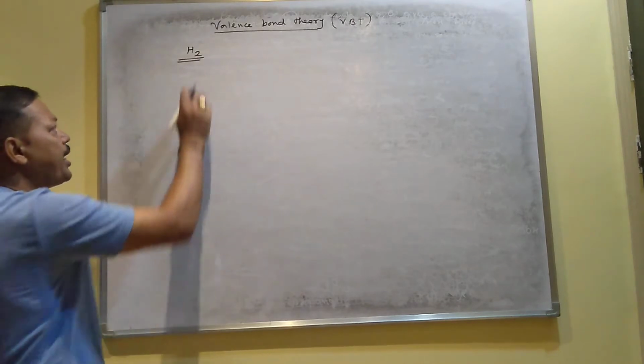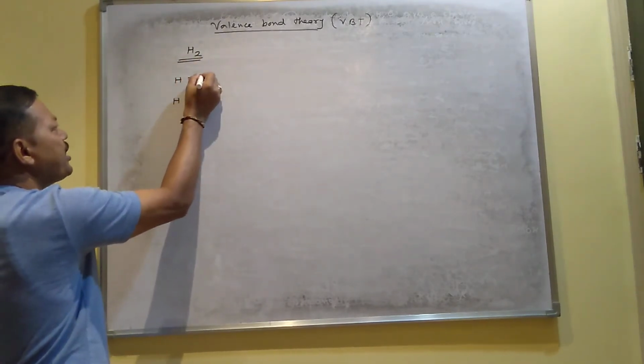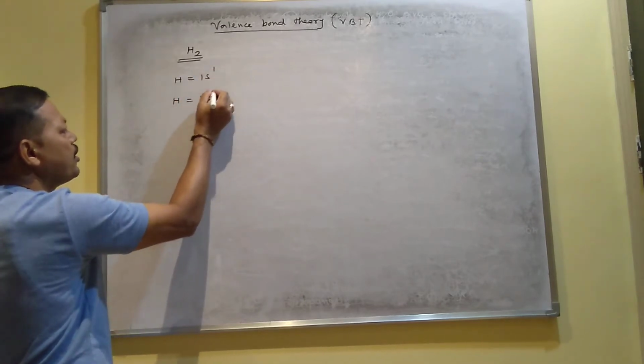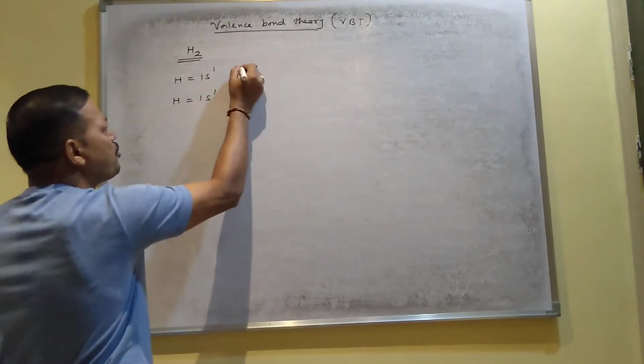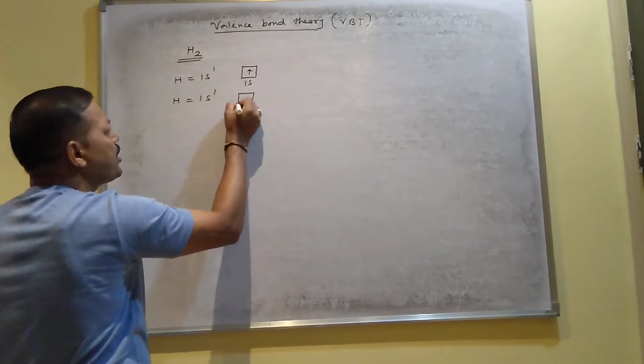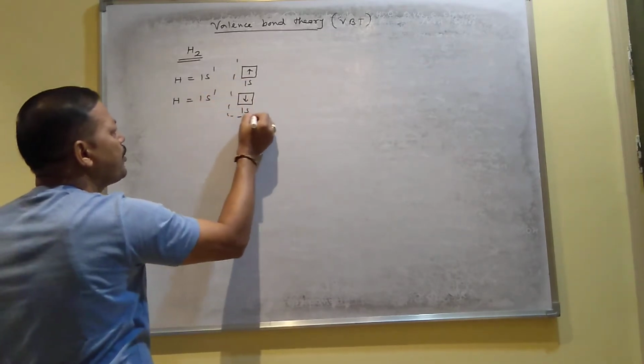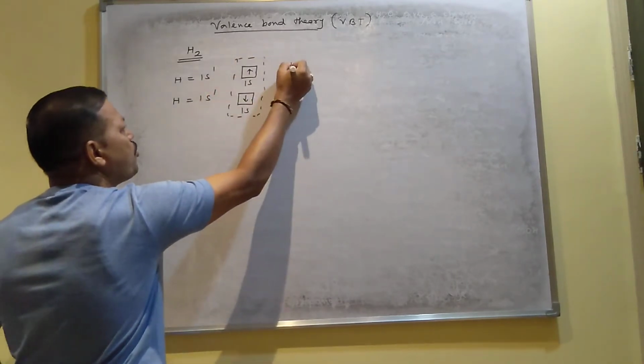If you want to draw the diagram, as you know, a hydrogen molecule contains two hydrogen atoms and their electronic configuration is 1s1, and they are half filled, and that is why they can overlap with one another. This is the 1s orbital, this is another 1s for another hydrogen. The spin should be opposite, they undergo overlap, and due to this overlap they will produce the bond between hydrogen and hydrogen.